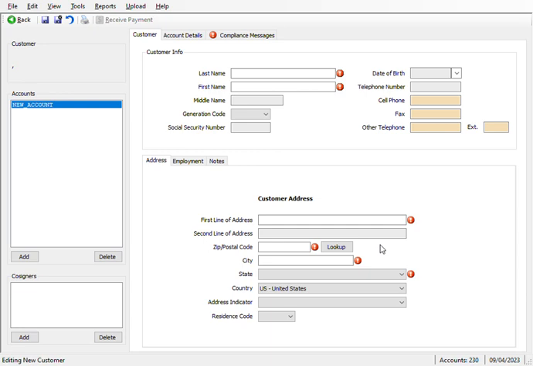I'm just gonna enter data into all these fields so you can see how the software is reacting to entry. And all these red marks indicate that these fields are mandatory. And actually, these are very important fields. So last